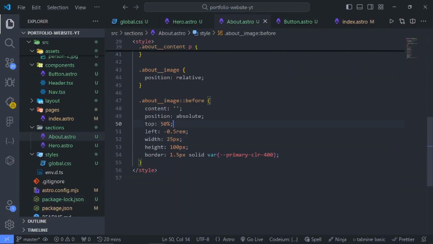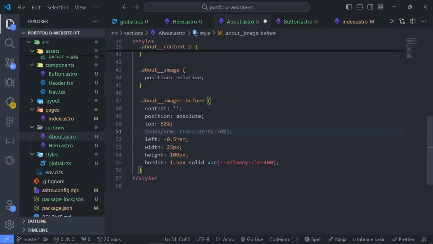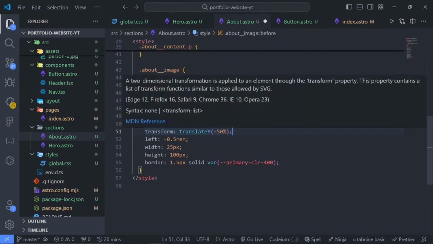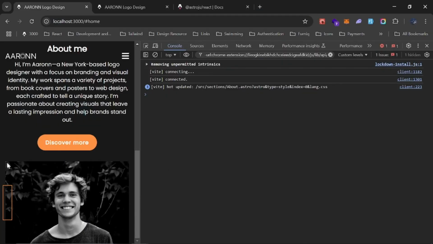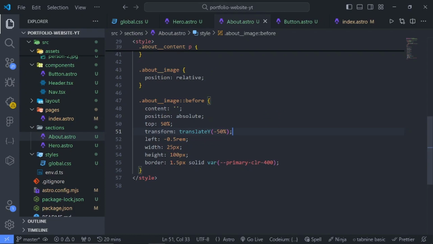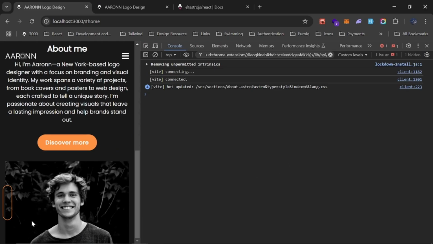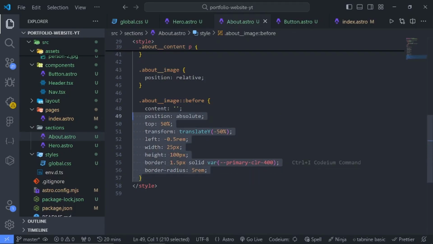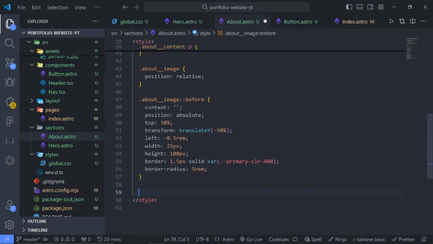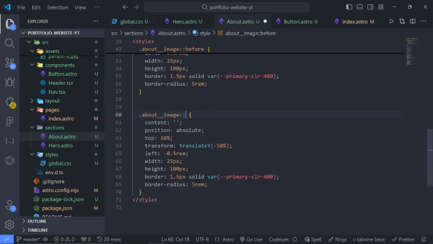We also need to center it vertically using this transform and adding translateY so that it should be centered vertically like so. And also add a border radius. I'll set it to 5 rem. Alright, cool. So we also need another one for the after. So I will copy this and change this. So after,